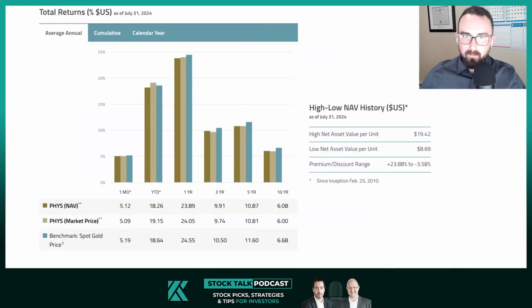So let's look. Now, the trading price of the trust's units may become more volatile relative to the actual net asset value, or NAV, and could continue to be impacted by various factors which may be unrelated or disproportionate to the price of silver or gold, including things like market trends, as well as the sentiment of investors toward gold or silver. And as such, you can see here directly from Sprott, I have up on the screen, the market price return of the gold trust, its underlying net asset value, or NAV, and the Bloomberg spot price return of